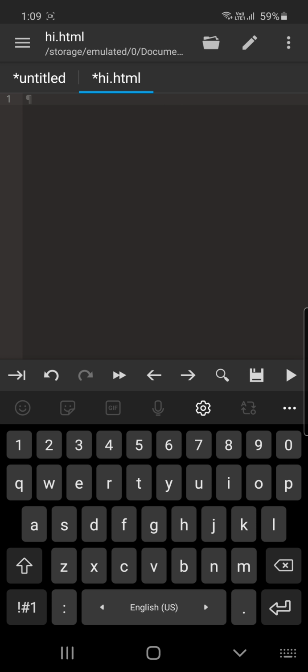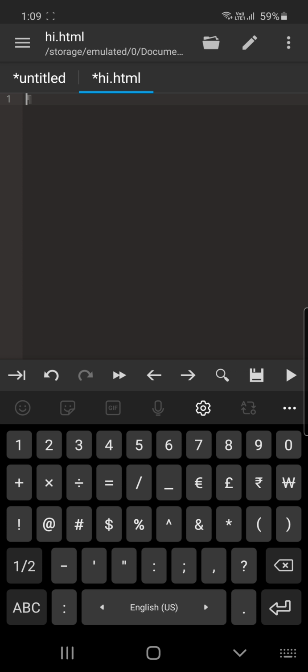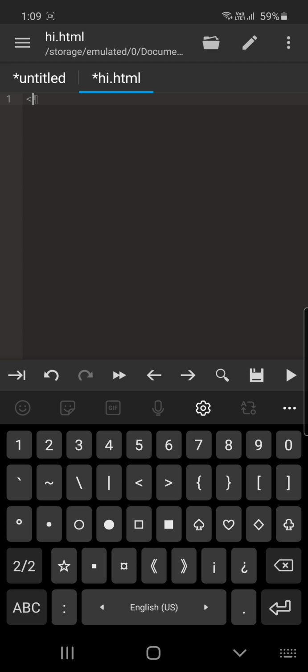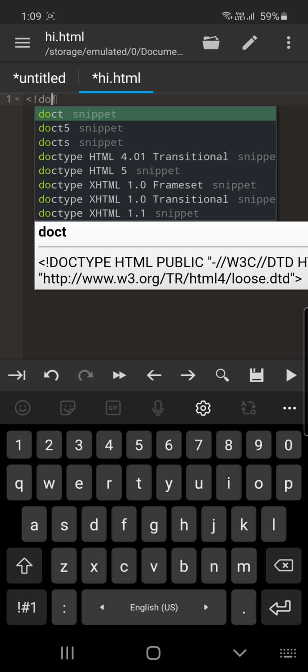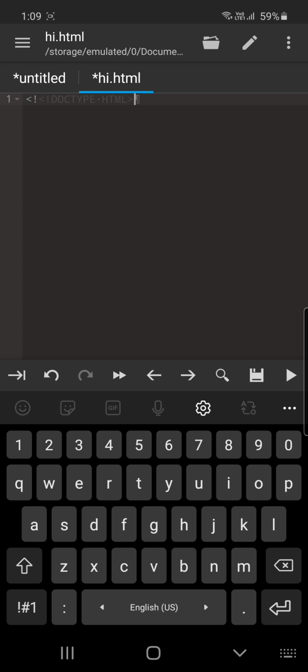Now one difference is that when you start writing old HTML documents, and there are a few versions of HTML, basically what happens is we are trying to write this in HTML5. So we have to firstly write doctype HTML. Otherwise it will be considered not to be a valid version. Either that could happen or your system will have to guess the version of HTML that you are running.